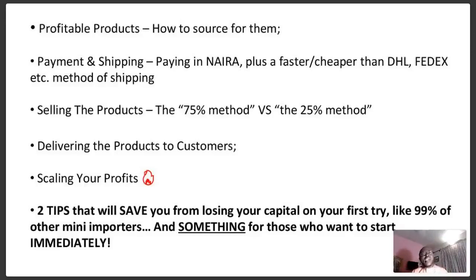Then scaling, right? Only a man below 6 feet doesn't aspire to grow, right? If you're making $1 million today, your goal tomorrow should be making 1.2 or 1.5 or 2 million. All right. If you're making something else today, your goal should be to make more tomorrow. So scaling. Now, this scaling system procedure is something a lot of persons don't know. They are stuck in a particular income range, like they make 200 grand to 500 grand. They're just there. They are comfortable. It's not because they don't want to make more, but because they don't know how to